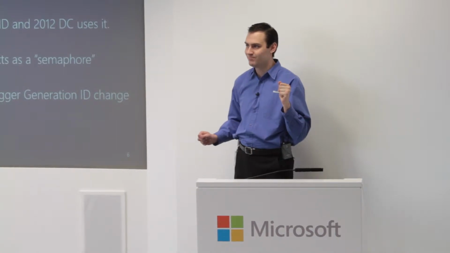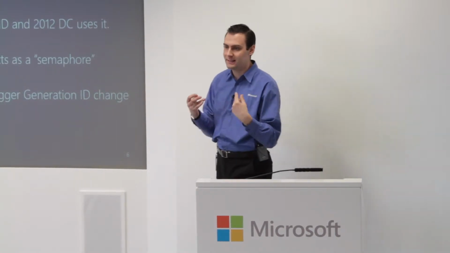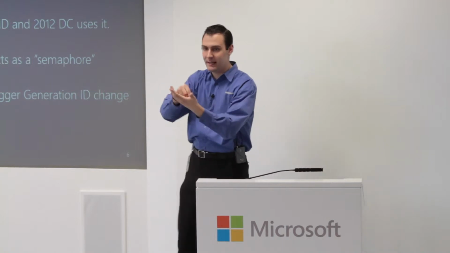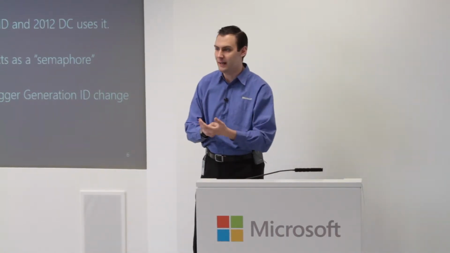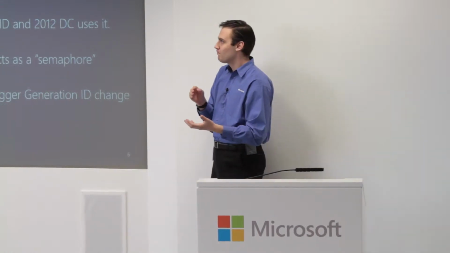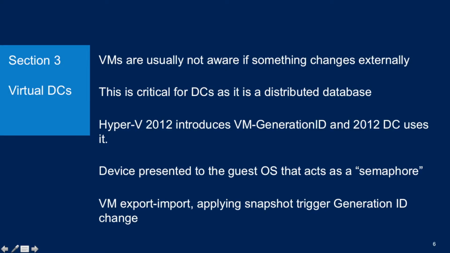Well, one of the popular features is snapshotting, right? To make a snapshot. If you make that to a virtual DC, you can pretty much throw it out, because it's a distributed database. Now in 2012, we enable you to create snapshots. You can snapshot your domain controllers, and you can roll back to those snapshots, and Active Directory will live with